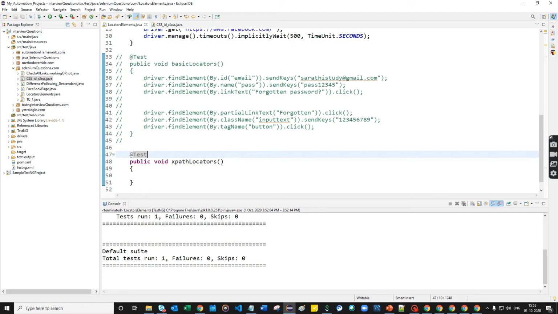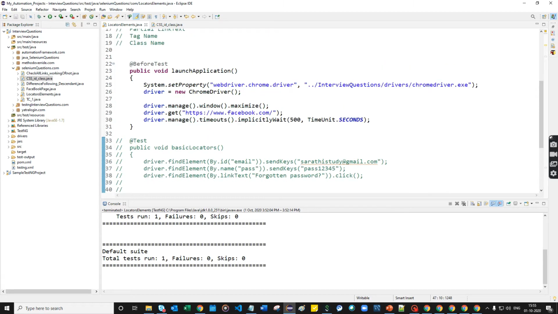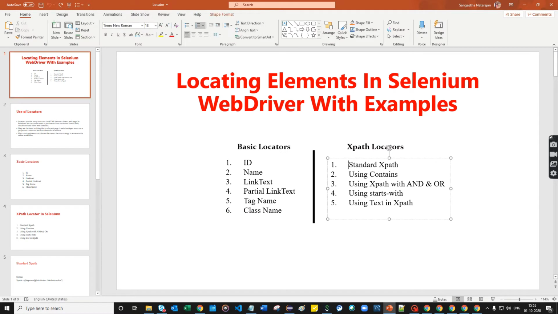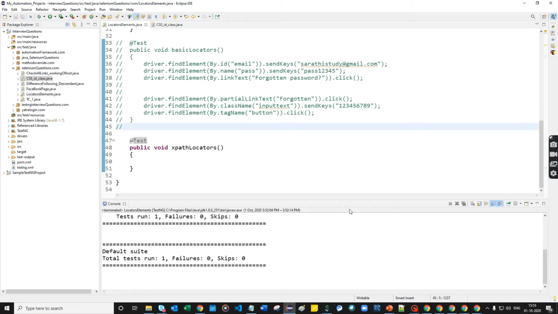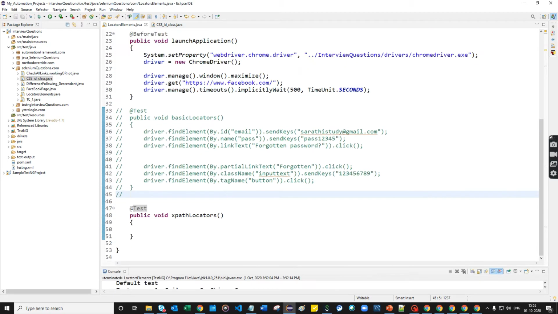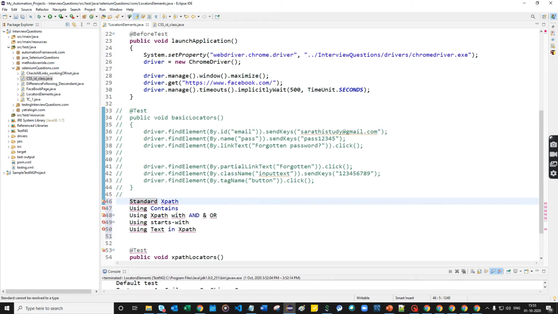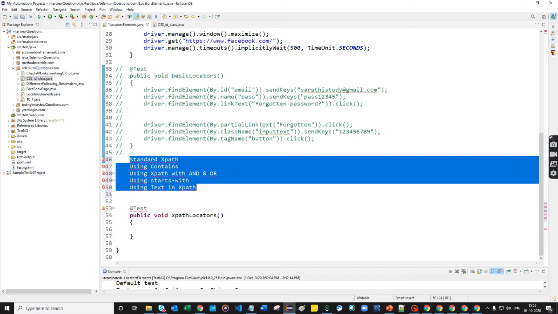After launching this application, we are going to execute the XPath locator. I just copy and paste here. So these are the 5 methods we are going to look into under this XPath locator.